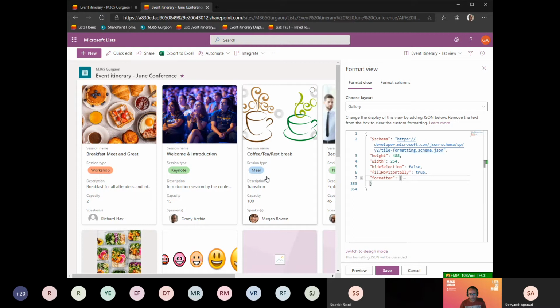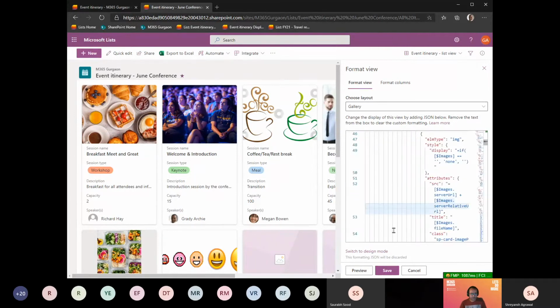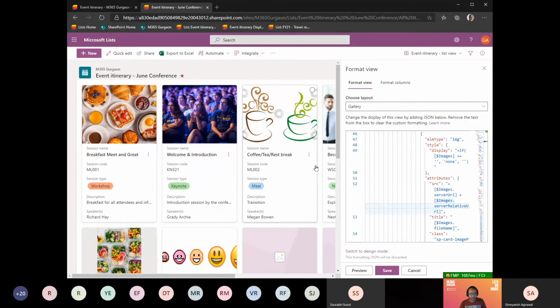Now this looks pretty fine to me. Let me also add a context menu so that I can give some advanced flows and other actions that the user can use. I have pasted a JSON which has actually added this small 3-button context menu here. When the user clicks on this, a small context menu shows up where we have binded a few actions using which user can either share, edit, view, delete, or probably trigger a flow that goes with their business logic. This looks fine to me. I'm going to save this.